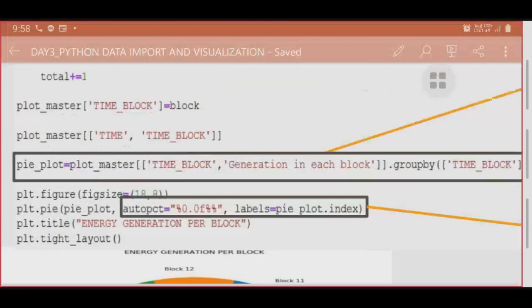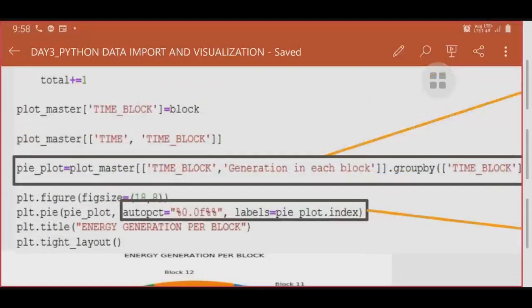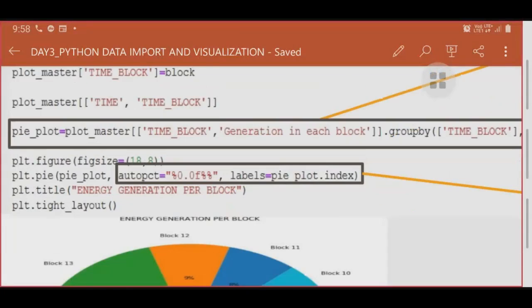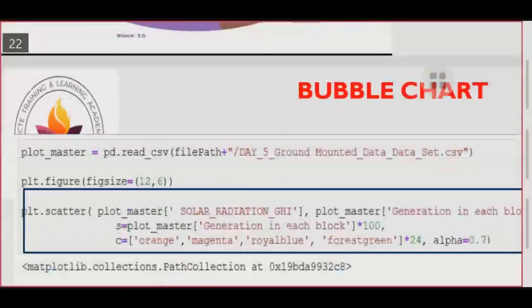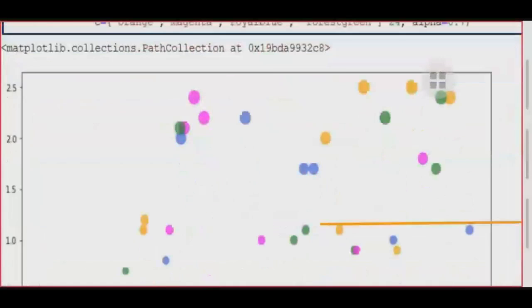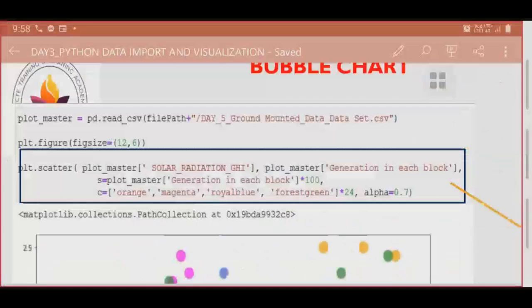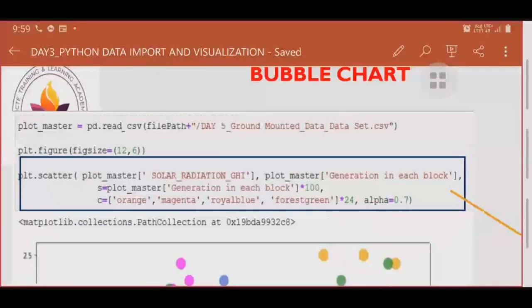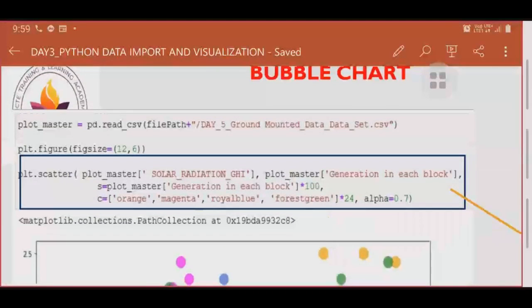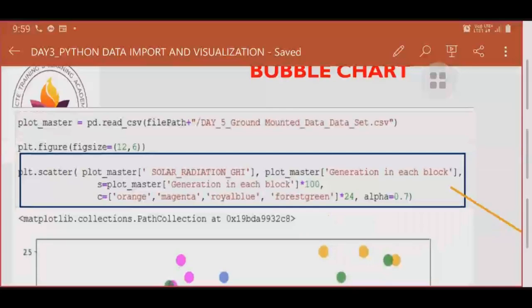Next, this is the bubble chart. See, bubble chart. It looks like bubbles. For that, you use something similar to scatter. Here you will declare plot.scatter. Then same only, whichever plot you are going to plot from that CSV file.